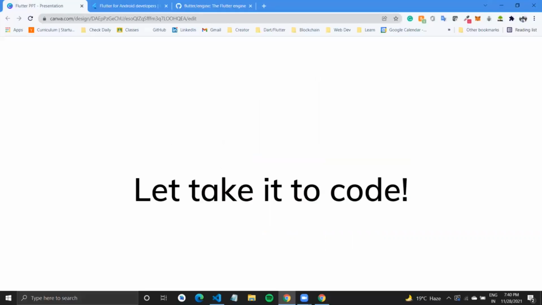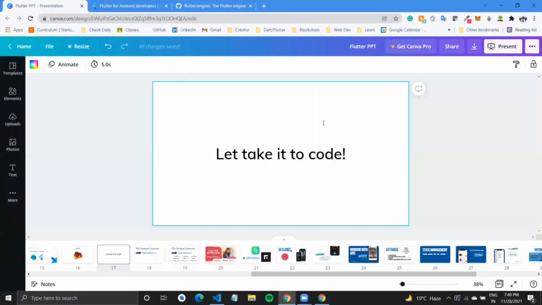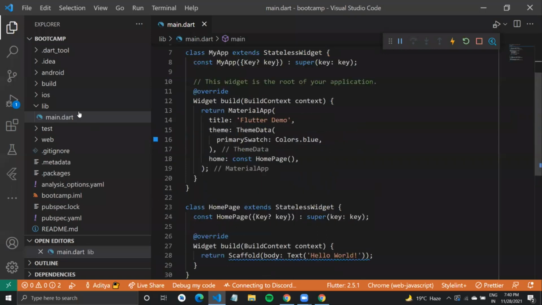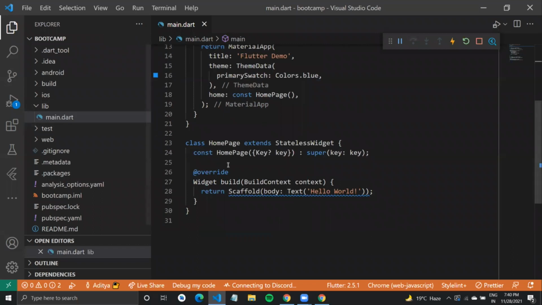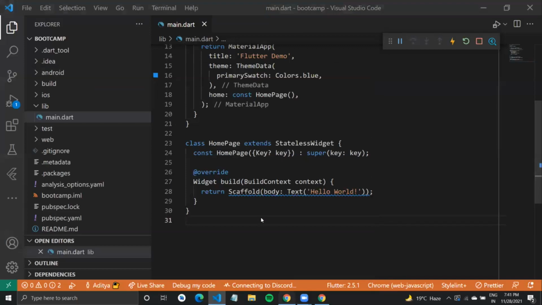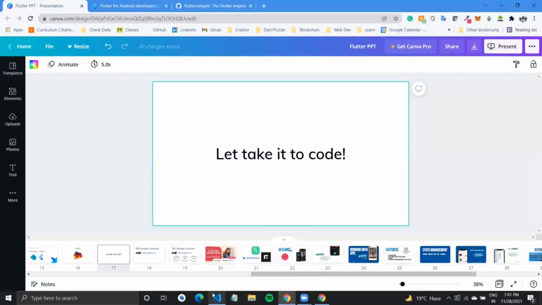So I have already shown it in code. We created a new Flutter project, and we saw the main function. You don't have to worry about that. It had this runApp, which took in this MyApp widget. By convention, the MyApp widget is always there. What we do is create different screens and services folders where all the rest of the code goes in. So we created a simple hello world screen. It just said hello world, and it looked a bit better than the previous one. But that is all we did. This was just to show you how code is written in Flutter.